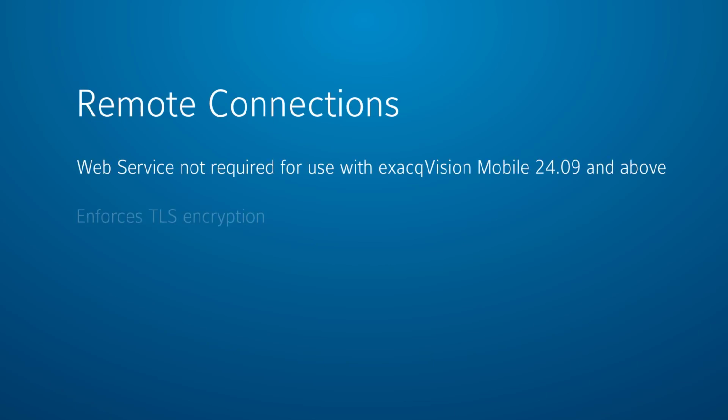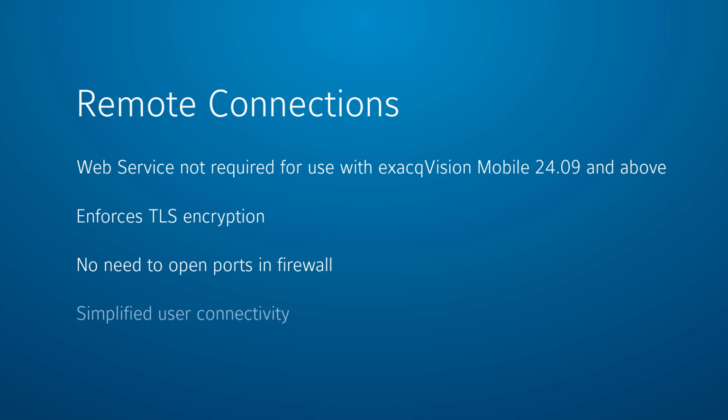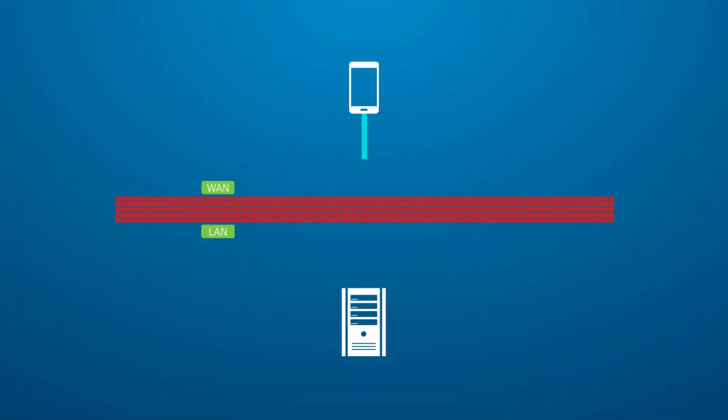In addition to removing the requirement of a separate web service, Remote Connections automatically enforces TLS encrypted connections. But perhaps one of the biggest advantages of using Remote Connections is how easy it enables connectivity from your users. Traditionally, users outside of a LAN wishing to connect to services inside a LAN initiated the connection request. This can still be done if users choose this method, but this may be difficult for less technical users. In complex corporate or large organizations with convoluted networks, it could prove time-consuming or insurmountable to achieve.